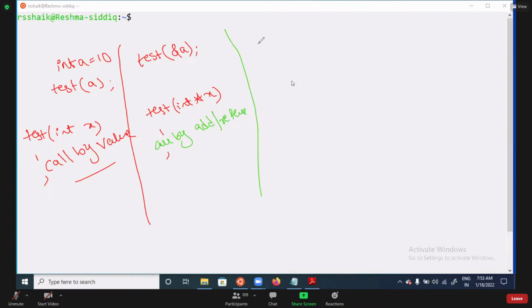Now, int x equal to 10, int star p equal to address of x, test of p, then test of int star q.